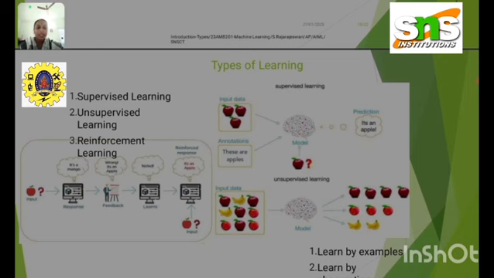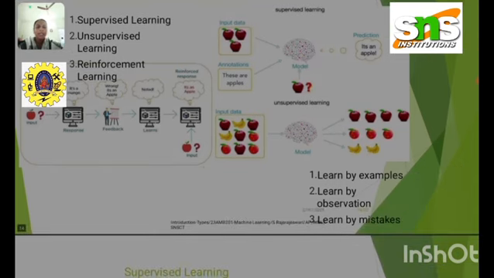And in unsupervised learning, it has the features that will classify the model which has a grouping of data by using classification and clustering. And the next thing is